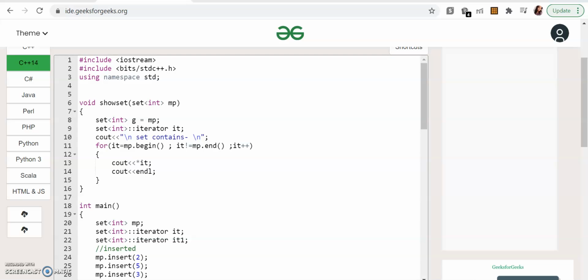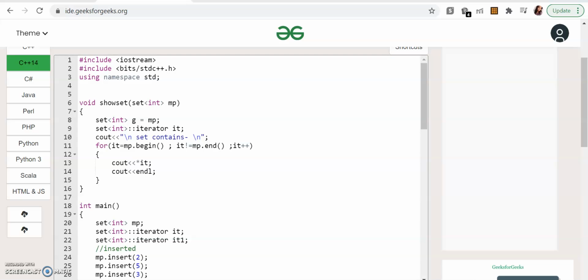For example, if you are adding suppose 3 two times, it will be only one. So it is used in a lot of things where you want to find a unique count or something like that. The functions that set uses are mostly the same as what map uses. If you have not seen my video on map, I have separately explained in the map video what all functions it contains. So here I am just going to make it a quick video because a lot of stuff will be repeated. All the functions are also quite the same in how they are used.